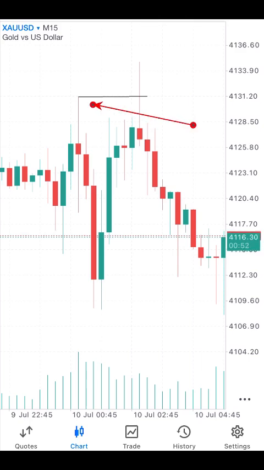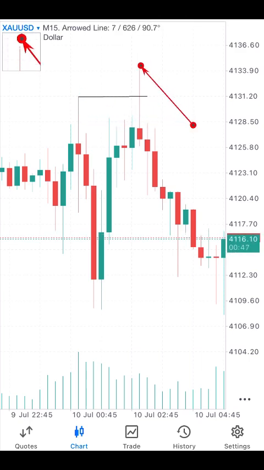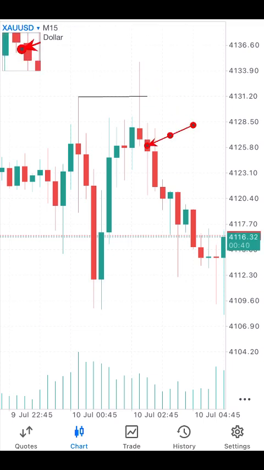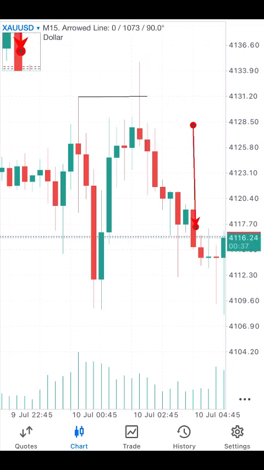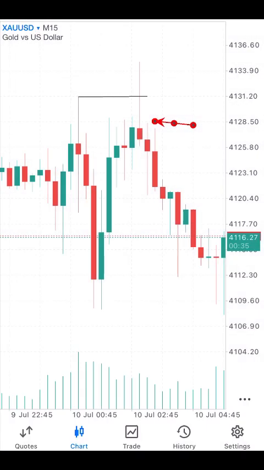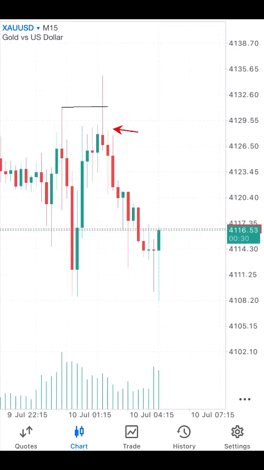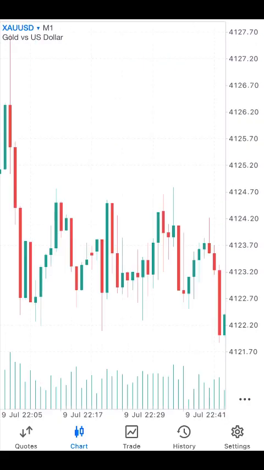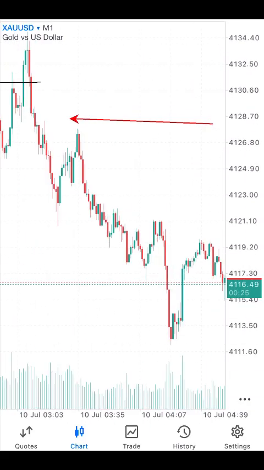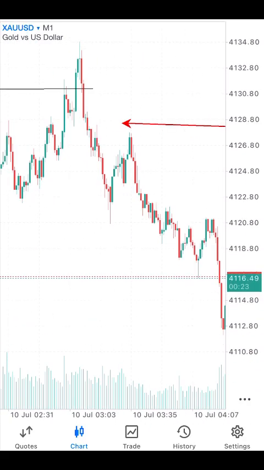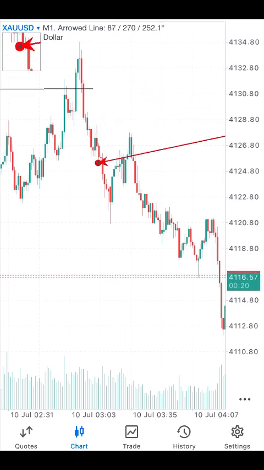It went above this recent high, right, and left this wick right there. This looks like a bearish pin bar, like this kind that I'm showing you. Looks like a bearish pin bar. So we know that price is definitely going to go lower. So let me just show you how many trades played out. So if you go down to our 1 minute time frame, you can see that after price pushed down, it went down and down and then fell, even going below this low,